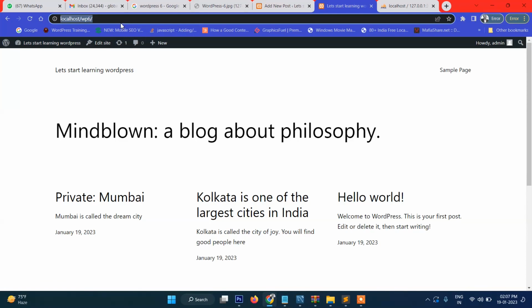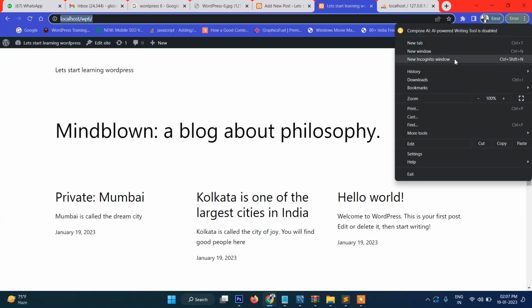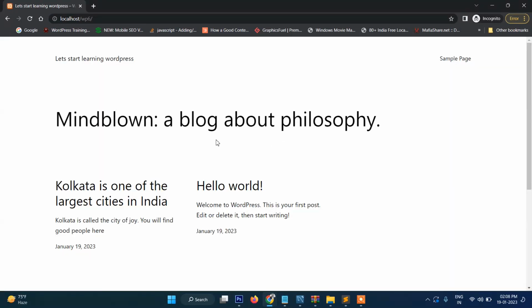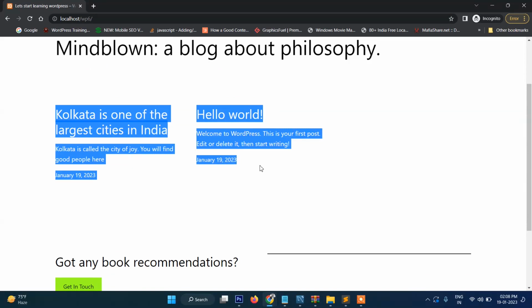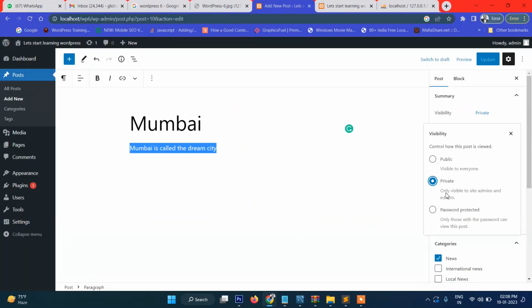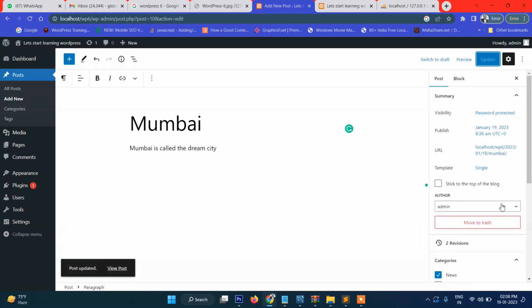But if I open this in incognito, where I'm not logged in, you can see that the post is not displaying here. That means we can change the status from here to private, and there is another one, and that is password protected. If you want to put a password, for example, I'm putting ABC as the password and updating this one,